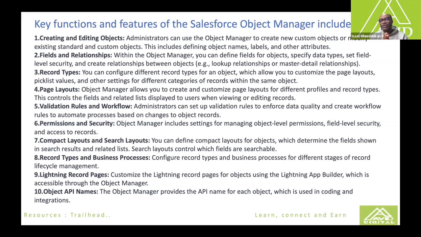The first thing you need to know about validation rules: let's say you have a field called end date. Let's say you build a custom object called Project, and there is an end date field. That end date for the project means the date that the project is going to end. It's going to help you bring in the date field as data on the platform. Now, mistakes can happen, and your end users can enter the end date as a past date. Today is